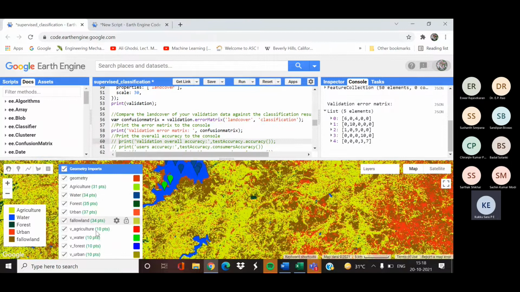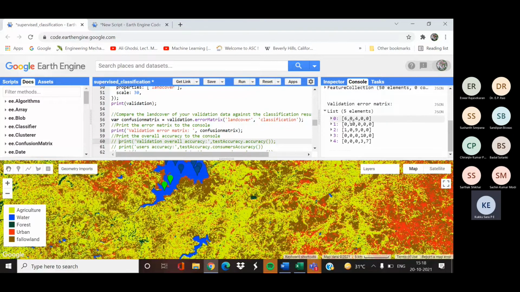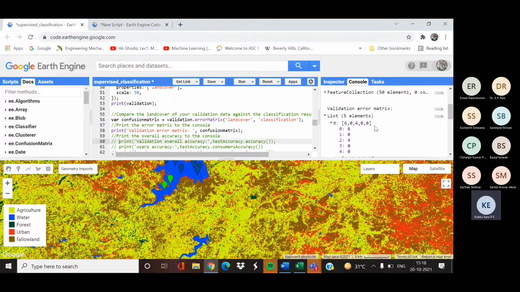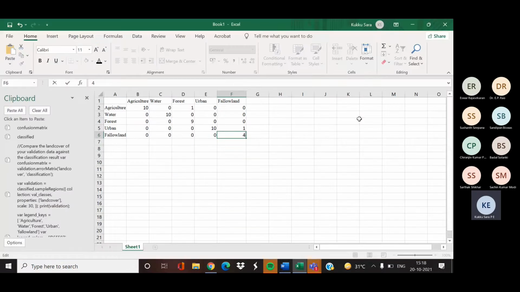So here also I have taken 10 points for validation, so each row is having a total of 10 pixels. Based on this, I will now tell the other accuracies. We'll just change this table.